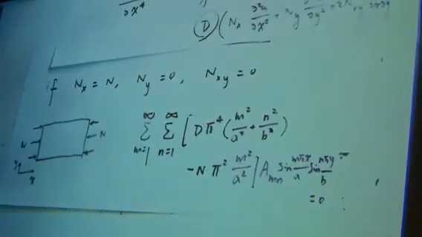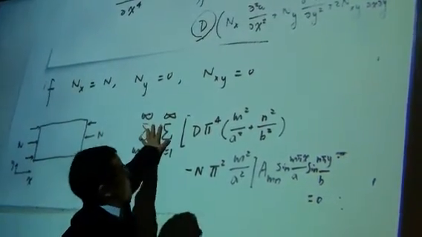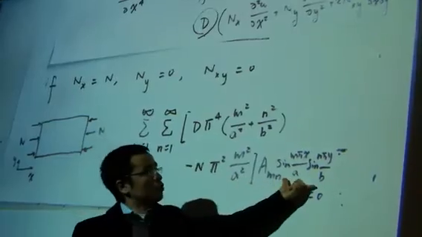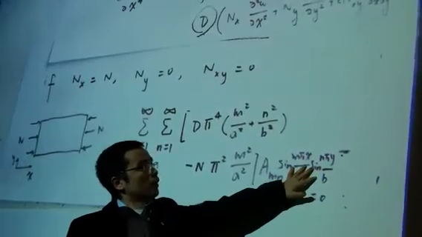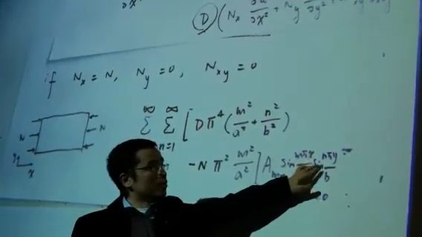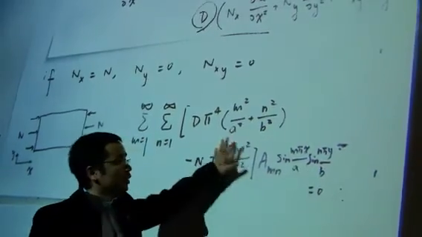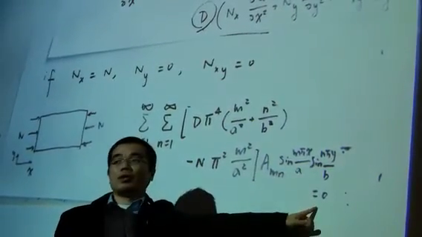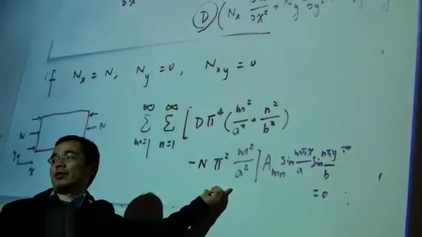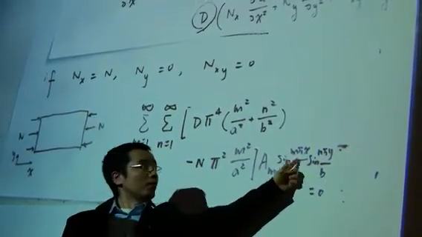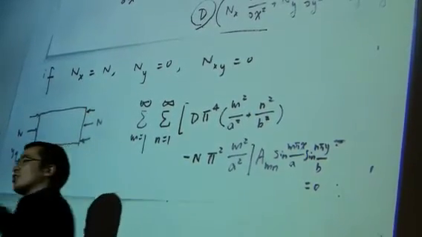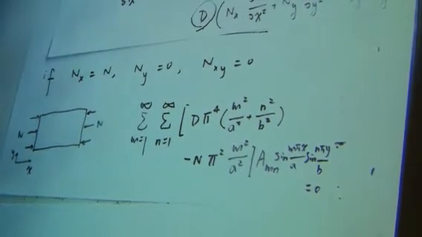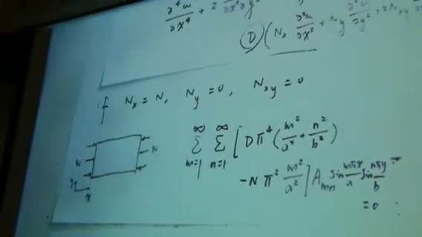And look at this equation. This is a coefficient. Forget about this summation. This is a coefficient, and these three terms, A times sine, equal to 0. So this is a function in terms of x and y. This is an arbitrary number. Something times the arbitrary number equals 0. That means the coefficient has to be 0, right? Because it's a function of x and y, arbitrary. Some a times x equals 0, x is arbitrary, the only condition is a has to be 0. So this is the philosophy behind it. And the coefficient is 0. That means